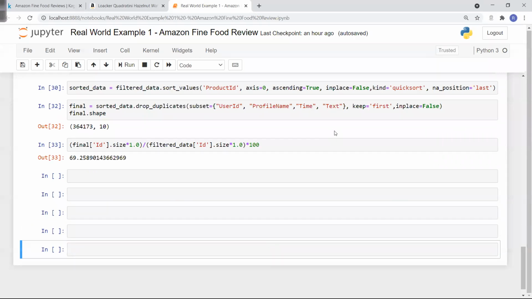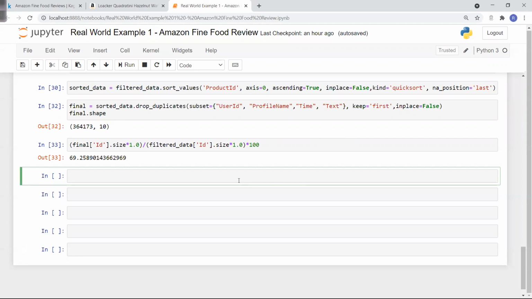Again, I cannot put anything in the algorithm. In machine learning there is a good saying: garbage in, garbage out. If you are putting garbage, you will get garbage only. So it is better to have the proper data in the algorithm. So I have to clean all these things. Very, very critical steps.